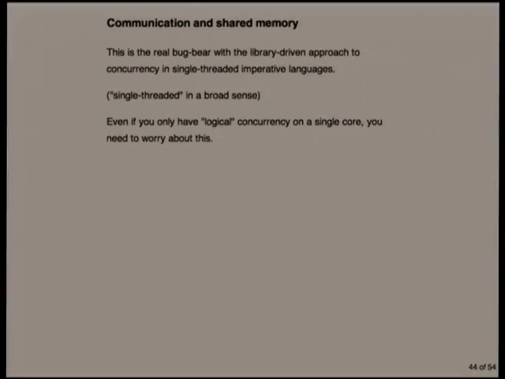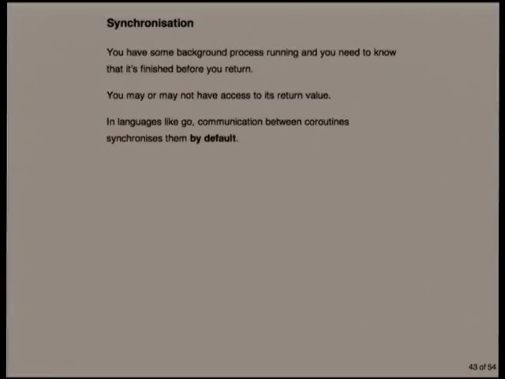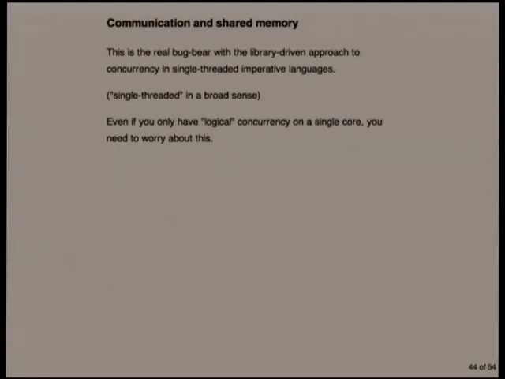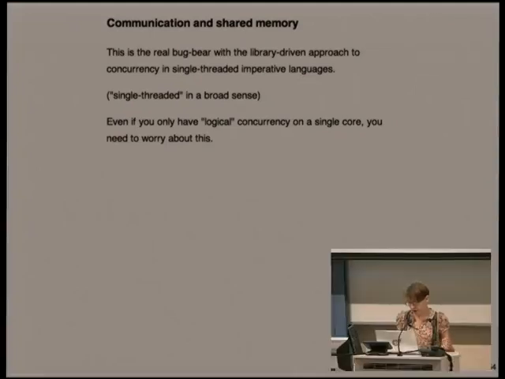So this call will block until another thread is synchronized. But in Go, it's a language feature. And in Clojure, and you can do this quite well as well. So the real problem is if you have shared memory. This is the main reason people say that writing concurrent code in C is hard.